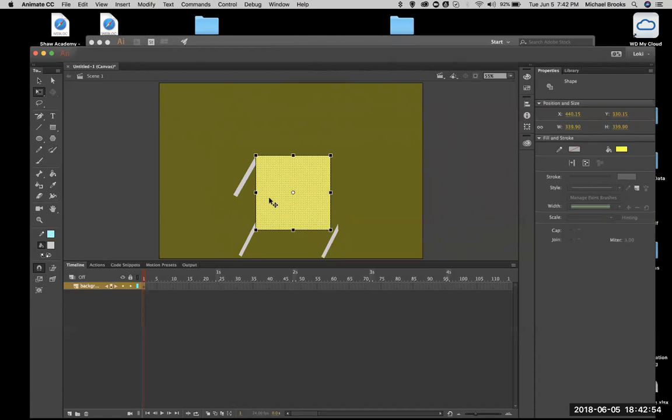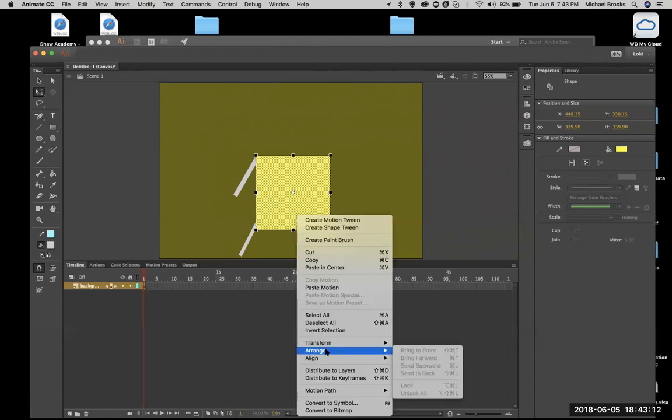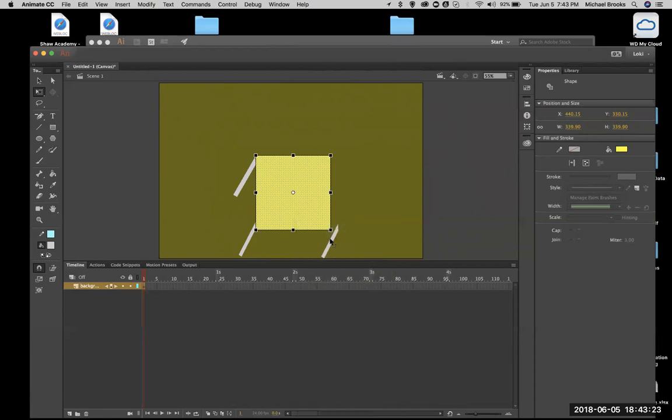So what I'm going to do is, right now, can I use my order and bring that to the front? You mean to arrange? Yep. Yeah, should be able to. Okay. Nope. No? Remember, these are shapes. You can't do that with shapes. You have to do it with symbols or graphics. Okay. So to do this, an easy way to do this would be, well,